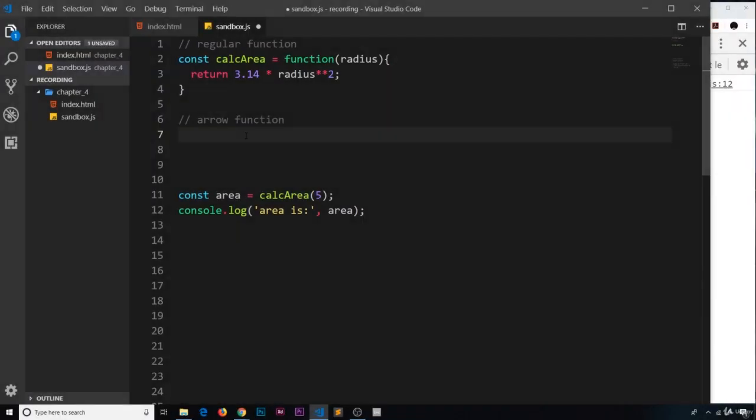Alright then gang, so arrow functions are a more modern addition to the JavaScript language, and they offer us a cleaner and shorter way to write functions. So what I'm going to do is take this function that is a regular function, we've already seen this, to calculate the area, and I'm going to turn this into an arrow function and show you how we do this. So I'll keep this here as reference, but what I'm going to do is come down here